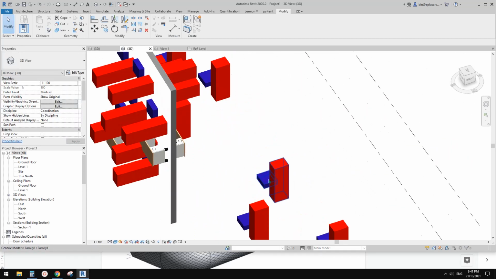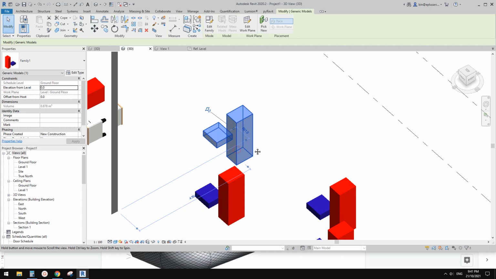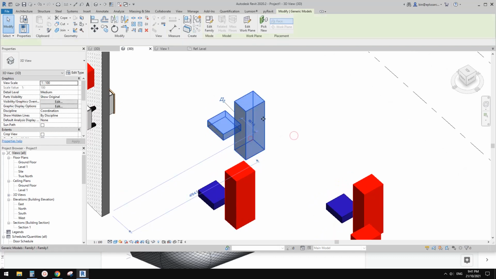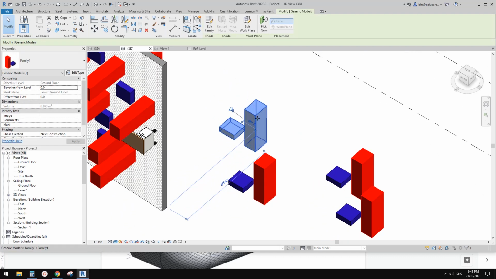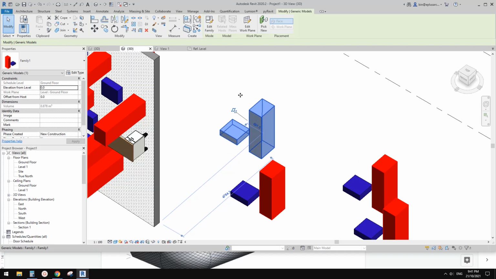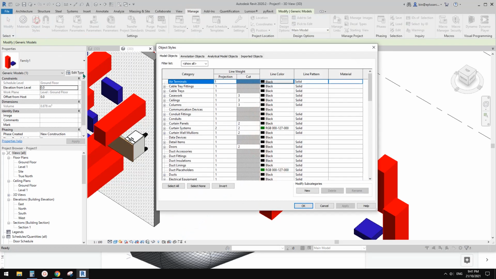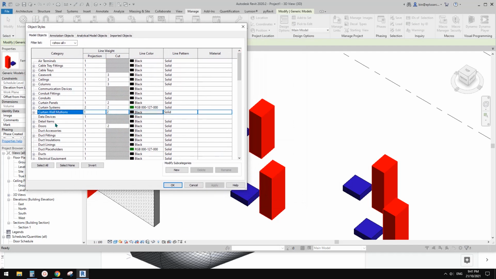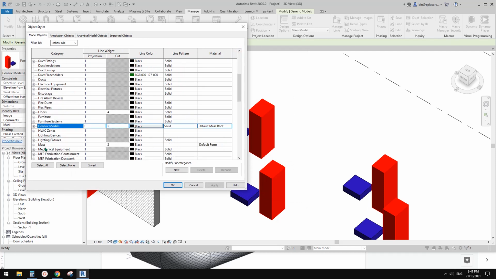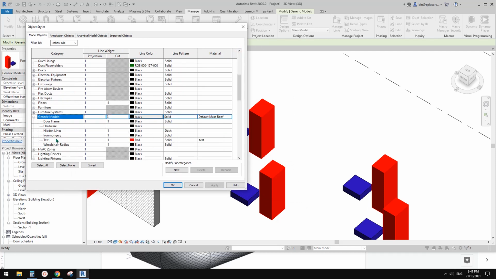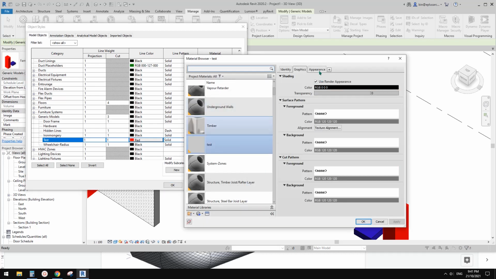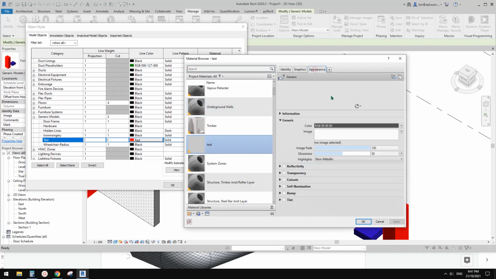That's it. You will see, although we didn't give a material to it, because we changed the subcategory, it will automatically use this setting. If you change this one, for example, to a different material,